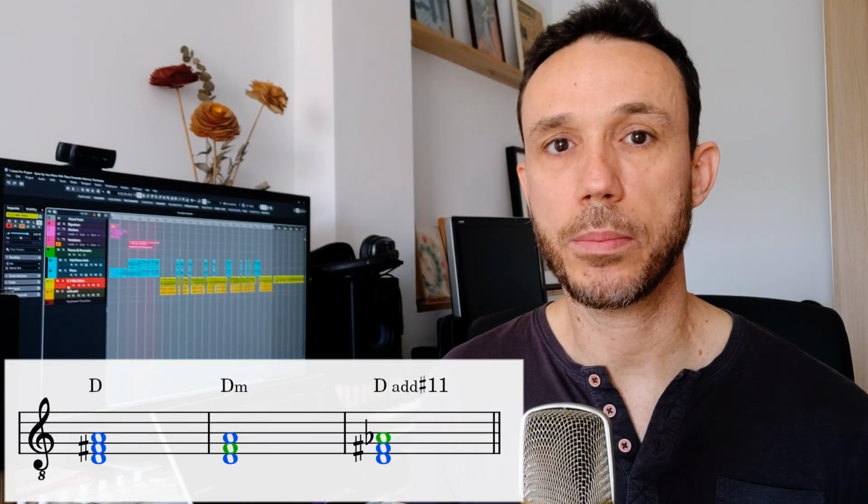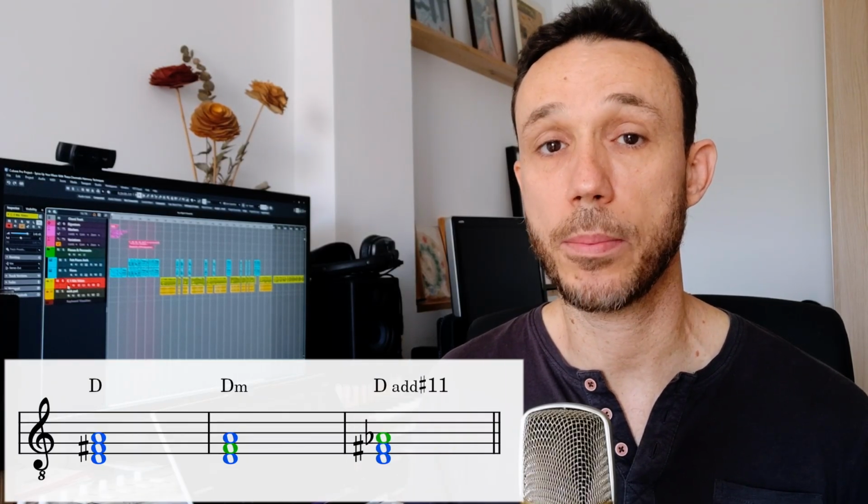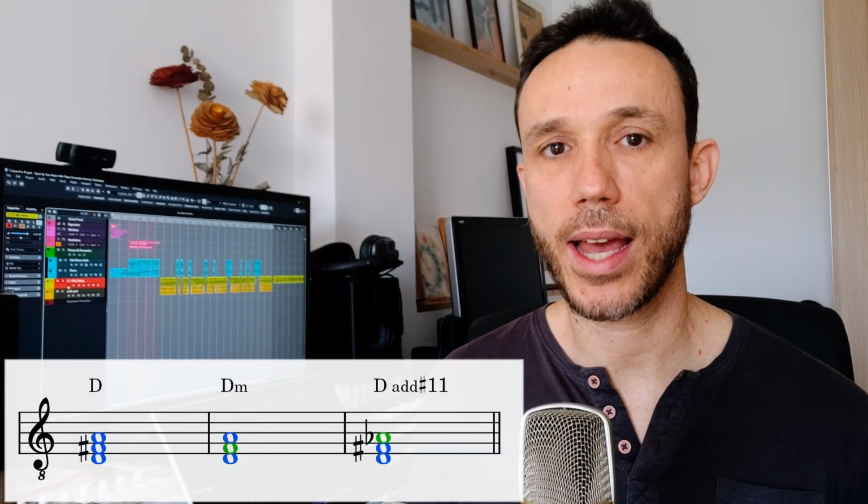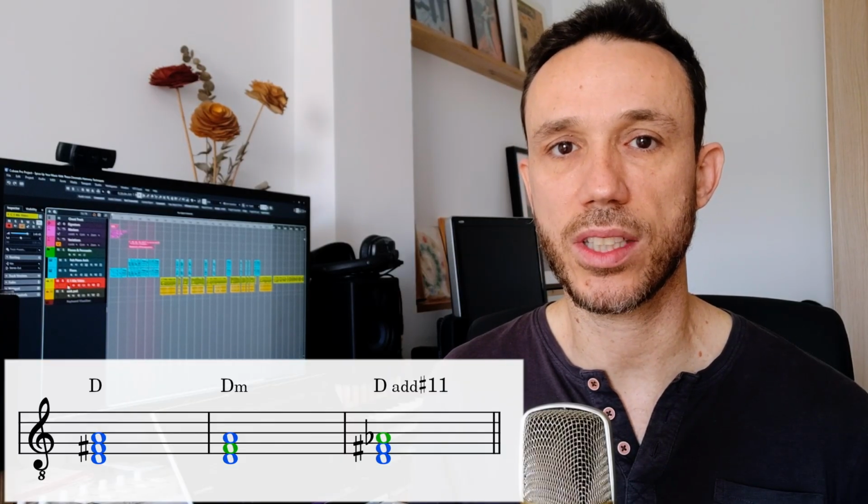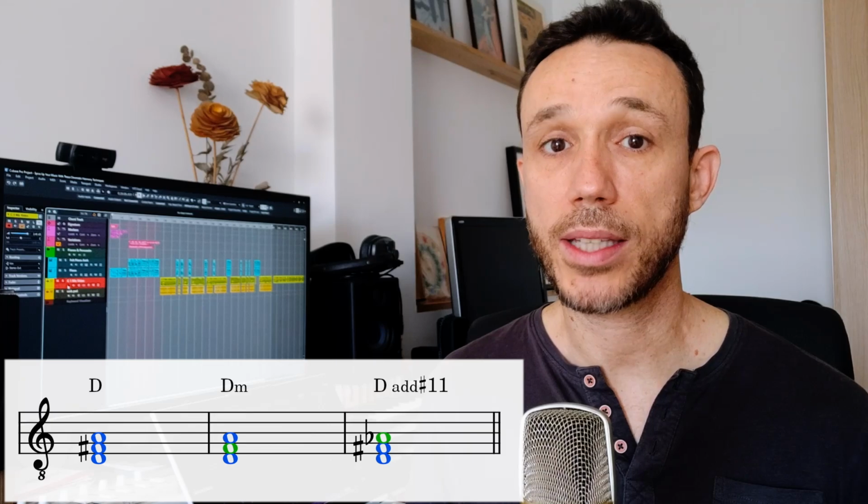Or the same D major chord with an A flat, which would be like a D major with an added sharp 11. This way you can have chords that don't necessarily exist in either of the keys, but can be very handy for the harmonization process. This type of interaction is also interesting for polytonal contexts, but I'll leave that to another time.